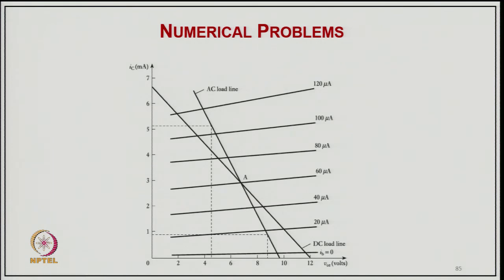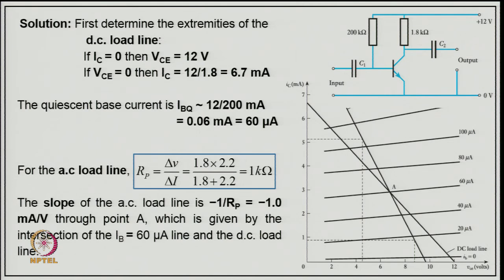So, these are the characteristic equations of the AC and DC line, of course, over the DC line, and from this we can have a calculation. So, first determine the extremes of the line. The DC line is IC equal to 0 and VC equal to 12. So, when VC equal to 0, then IC equal to 12 upon 1.8, that is 6.8 milliampere, and then quiescent base current will be IBQ equal to 12 upon 200. So, it becomes 0.06 milliampere, that is 60 microampere, and for the AC line